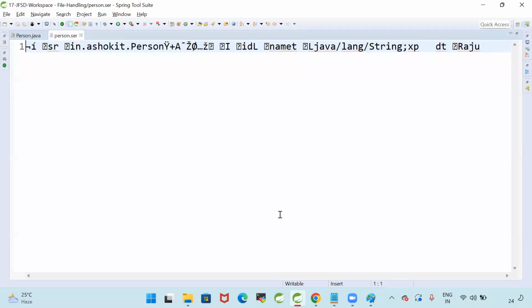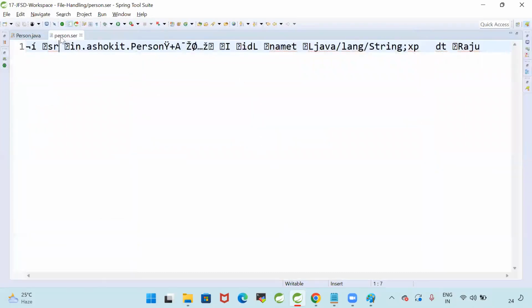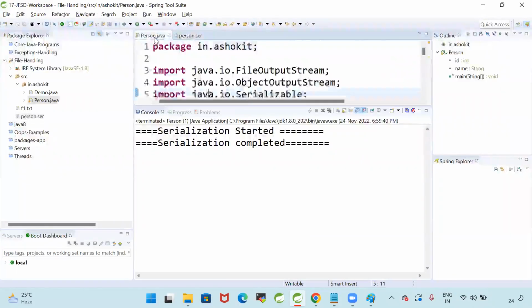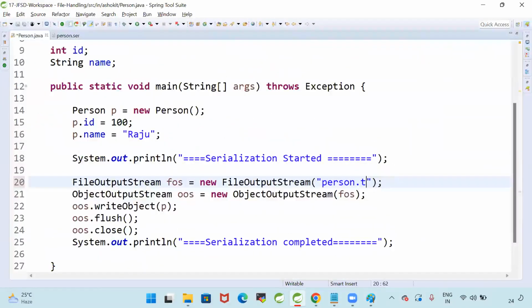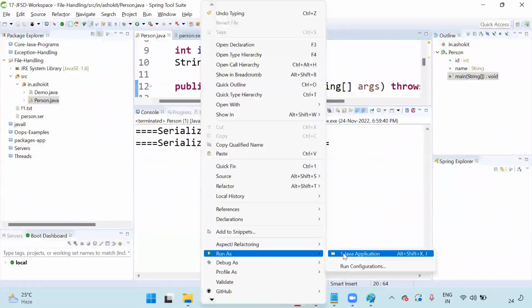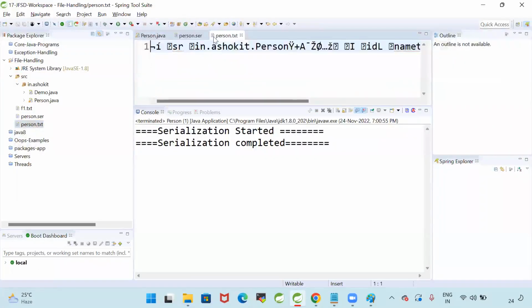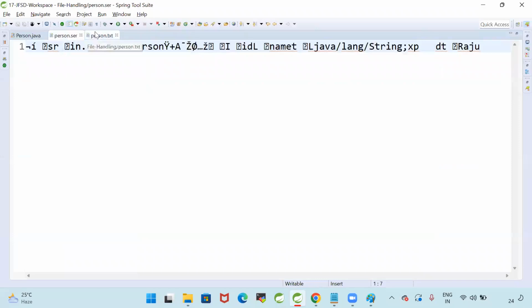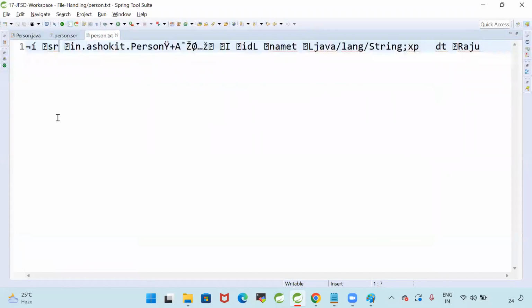Yes. Even if it is a TXT also, it will store in the same format. Let me give that. Instead of giving .ser, can I give a different name now? Yes, I will give the name as person.txt. Run the program, right click, run as Java application. Refresh, person.txt is created. So when I open person.ser or person.txt, it is storing the data in the character format